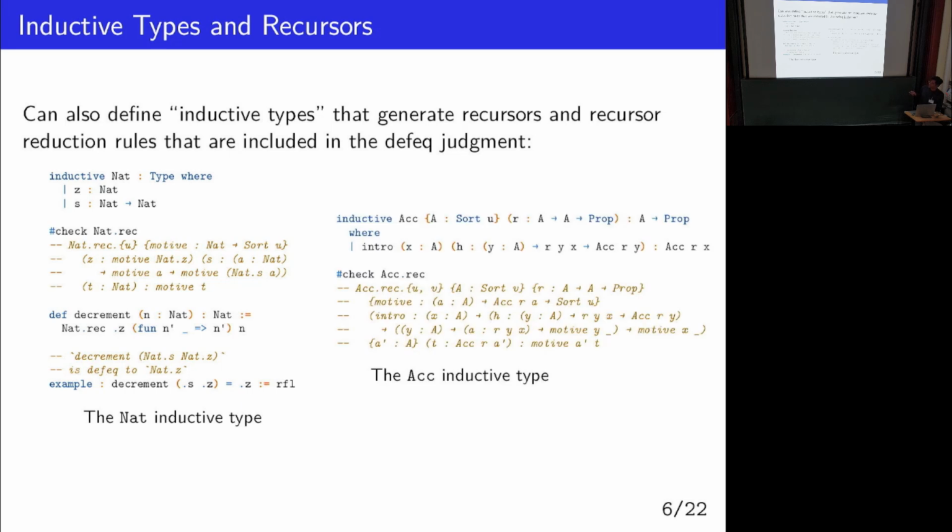And we also have some more complex inductive types, for example Acc, which is used for defining well-founded relations. And we can see here that these inductive types can have constructors that are recursive, and that they can take arguments that are functions that output the same type that we're currently defining. And those give us slightly more complex recursor rules with inductive hypotheses.